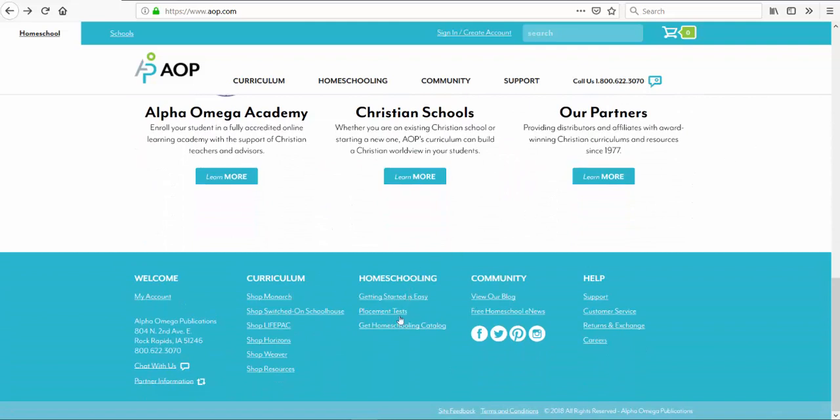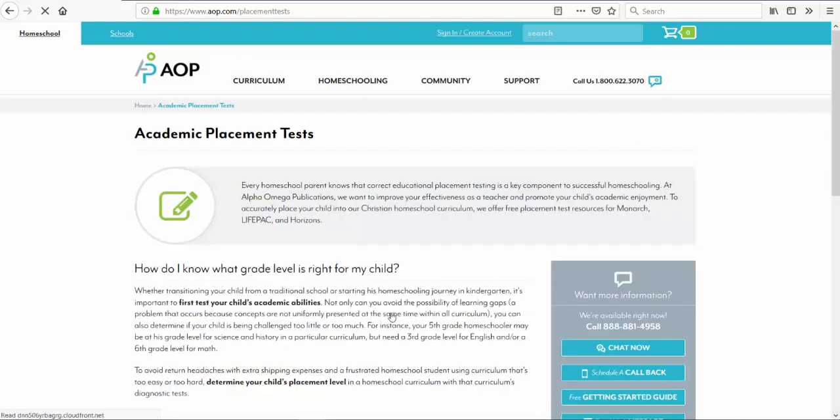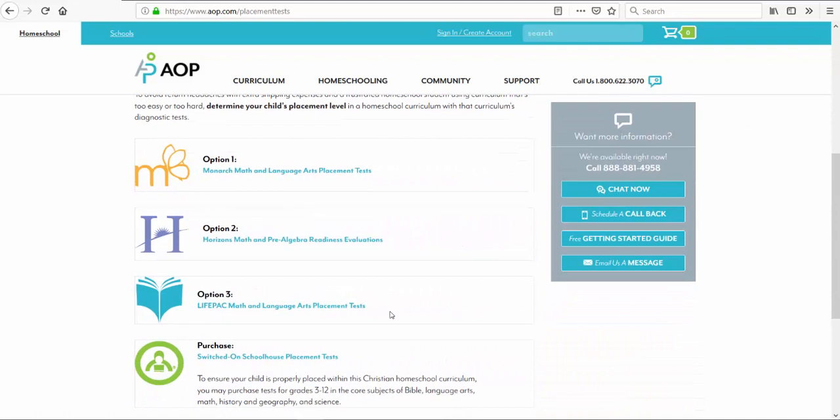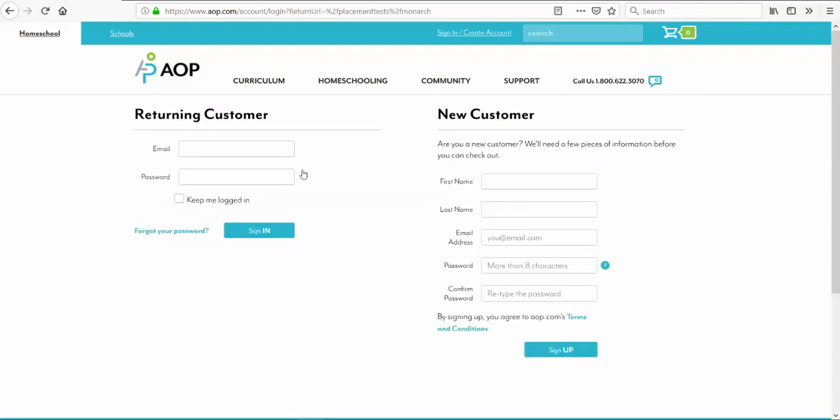From there, under homeschooling, you can see that placement tests is one of the options. So if you click on that link, it'll bring you into all of the academic placement tests for all of our curriculum at AOP. Monarch is the first option that you see here. So all they'll have to do is click on that link in order to be brought into the page where